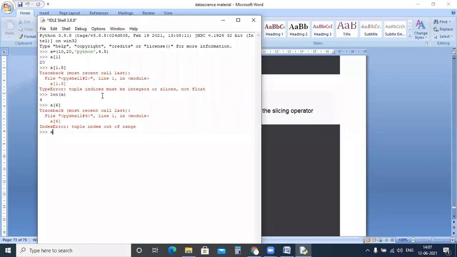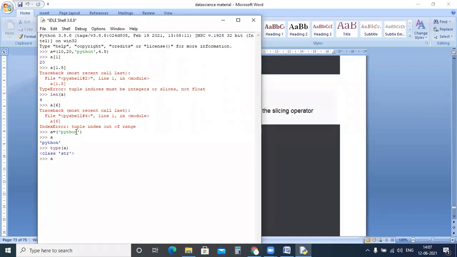Now I have shown you one more thing also. A equal to, I have taken, like if you want to create only one element in the tuple, this part also we have done. I'm just showing you. Normally the tuple you will be giving is an open parenthesis and a close parenthesis. And if you check the data type, we are getting a string. But it should be a tuple.